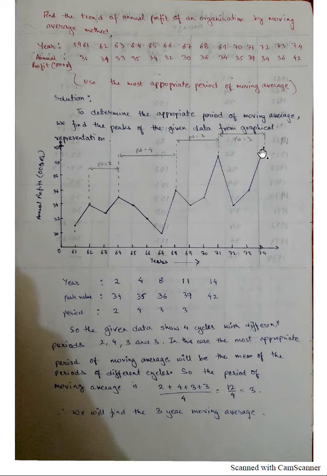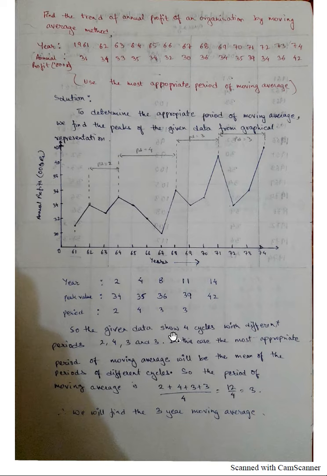What is the value of the variable year in the peak? It is 42. Also you can see here in the year 74 the value is 42, so you write 42 year. Since after this year you don't have any other peak, so you don't have to write the period here. Very simple, very easy. So read here.